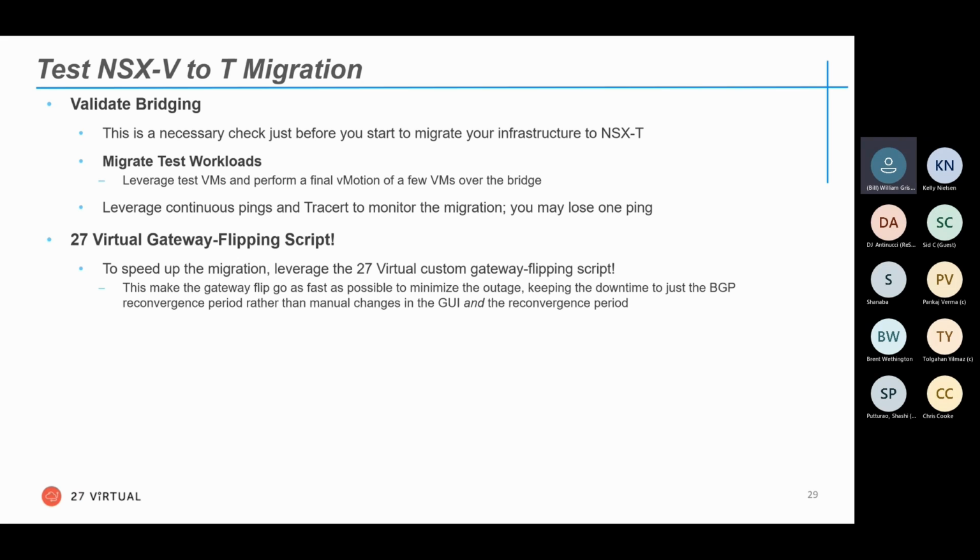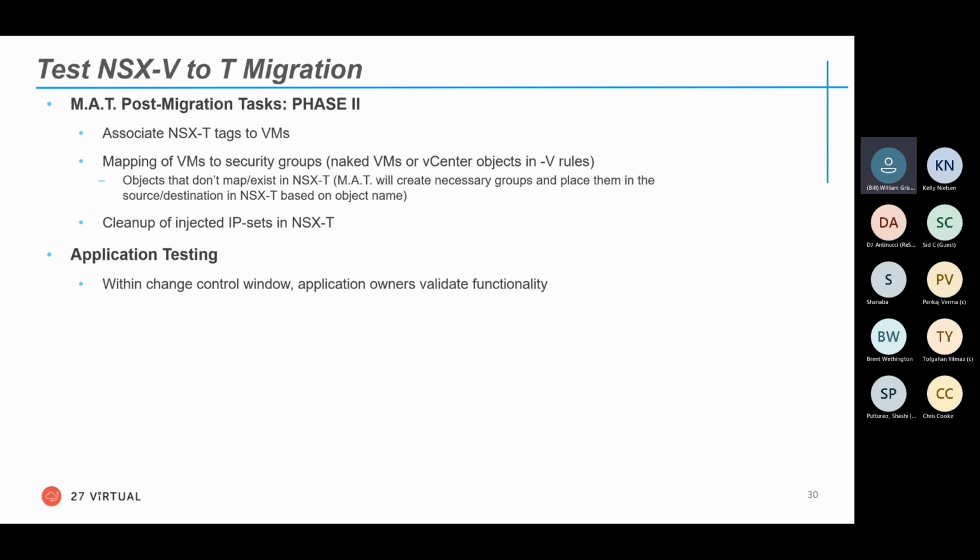And then we flip the gateway to get the gateway over to the other side. And then post-migration task phase 2, this is where some of the magic sauce is inside of the Matt tool. It keeps track of the tags and the VM association. So when you migrate the VMs over to the target, it can associate those tags correctly and map those VMs to those security groups so they actually show up. Because if you think about it, you got a group in the target, you migrate the VM over, how does it know to join that group? Well, you can leverage the post-migration task